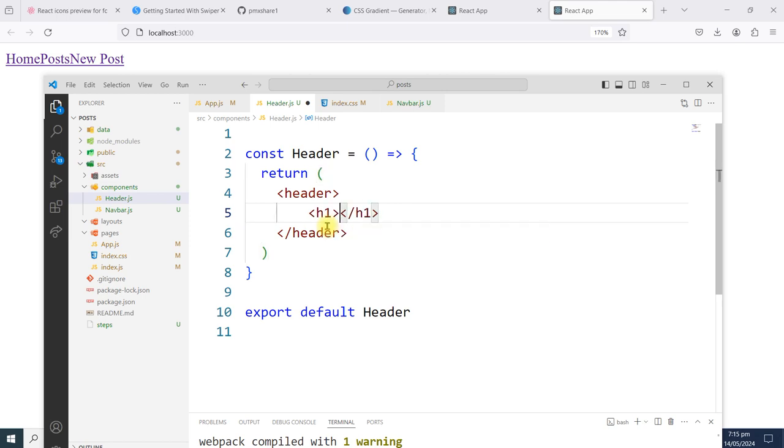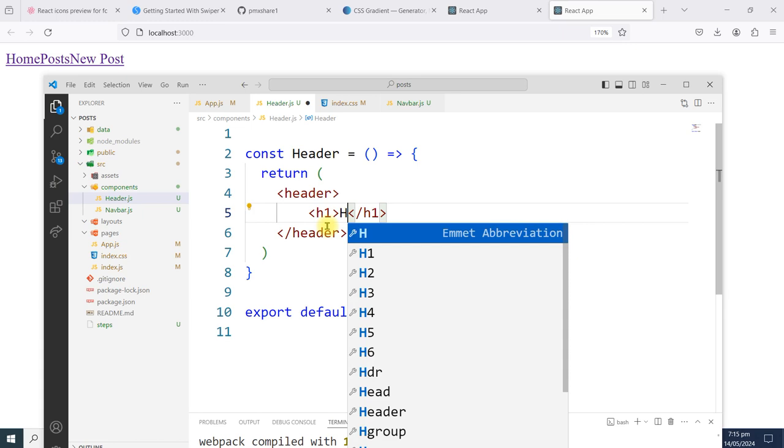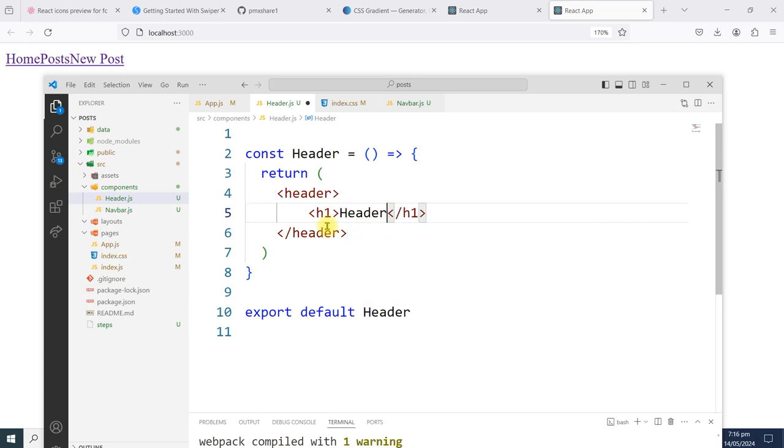Now when I put an h1 element and say header, it means I need to also insert this header component in the App component before I can have it below the nav component. Okay, so